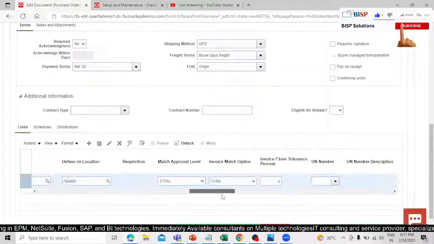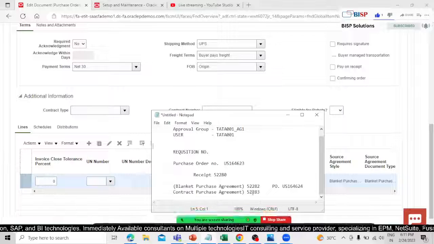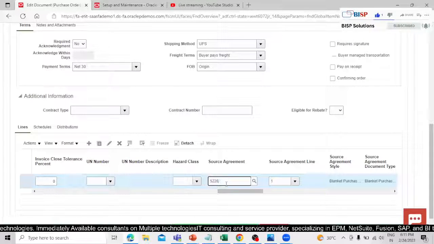And we have the source agreement is 82, but we have the 83 is our purchase agreement, contract purchase agreement. So let's change this agreement with this contract purchase agreement,